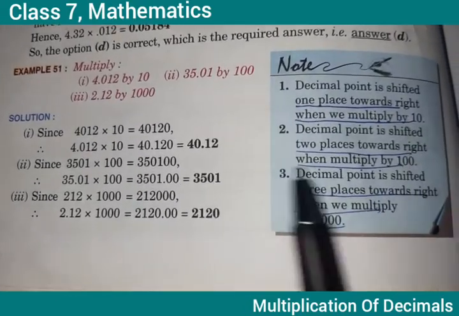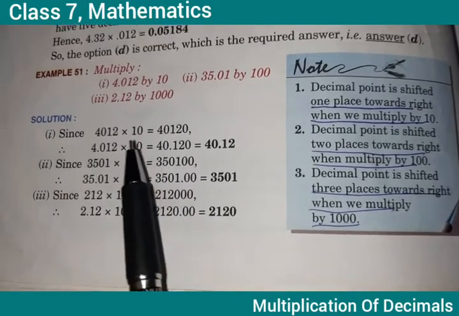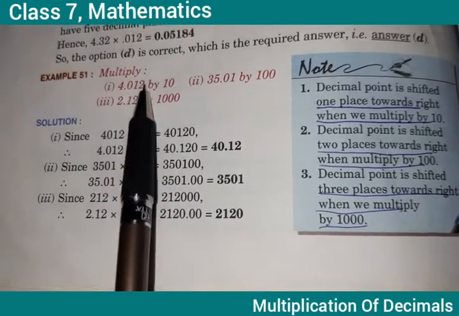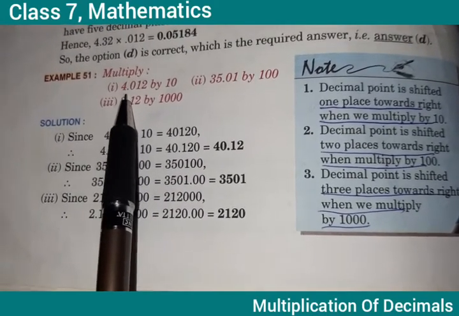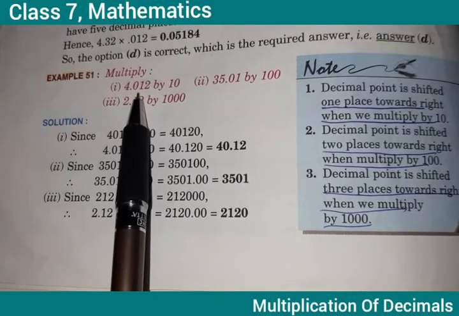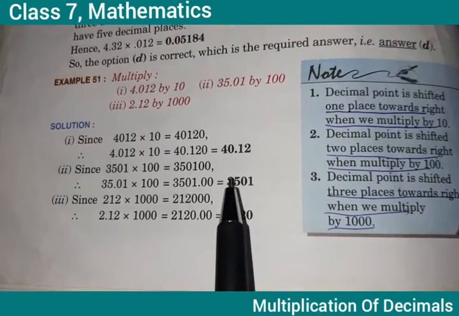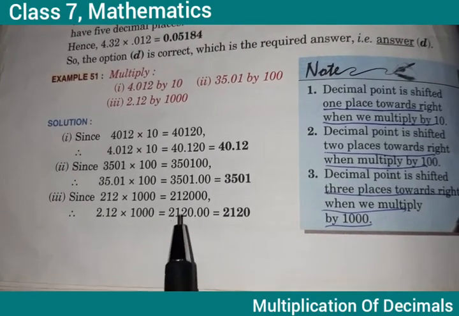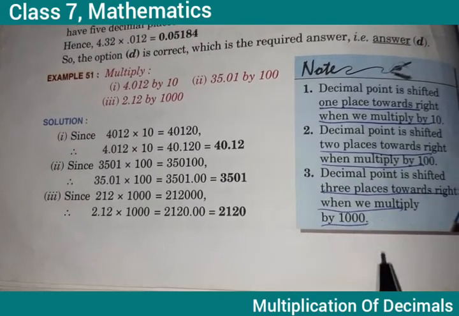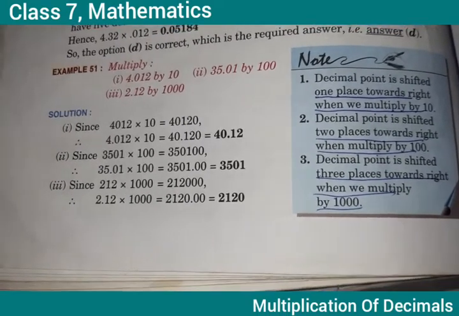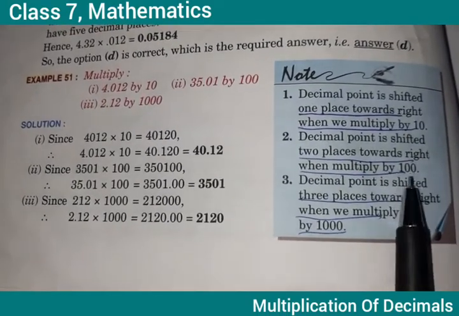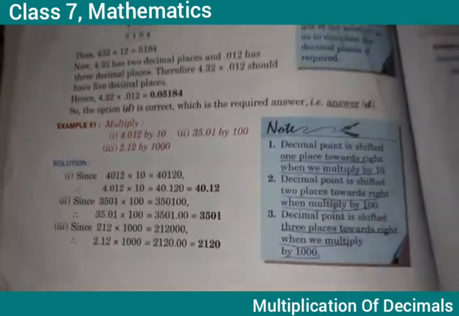This means that whenever we multiply any number by 10, the decimal given in the question just shifts 1 place to the right. When we multiply by 100, it shifts 2 places towards the right, and in case of 1000 it shifts 3 places towards the right, and so on. In 10,000, 4 places, and on and on. Now this is a normal trick so that you can take your answer directly.